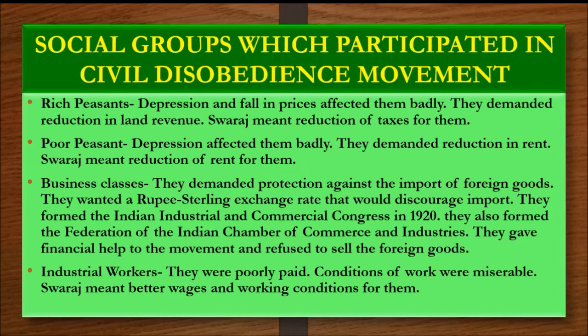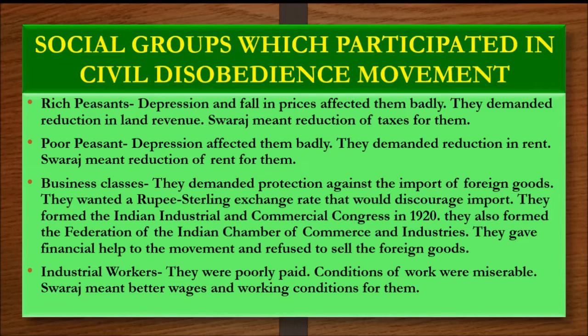These poor peasants were unable to get support from the Congress, because the Congress was not willing to support no rent, though there should be minimum justice. The Congress was not supporting no-rent campaigns because it might upset the rich peasants and also the landlords. So for these poor peasants, Swaraj meant reduction of rent. They thought that Swaraj meant the reduction of rent only.